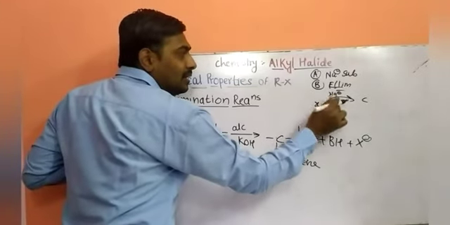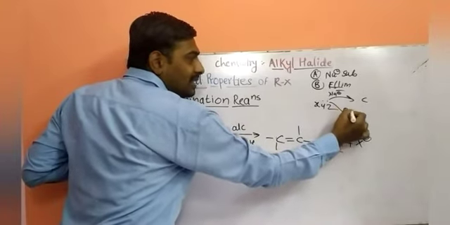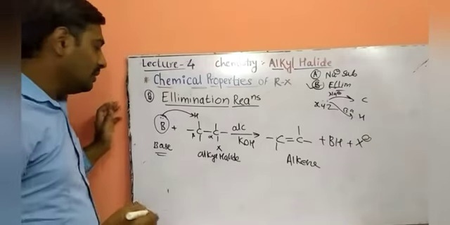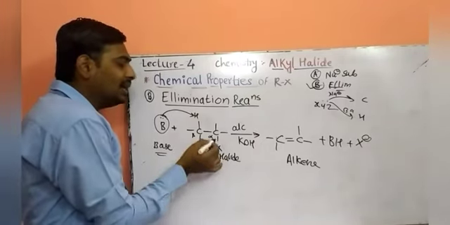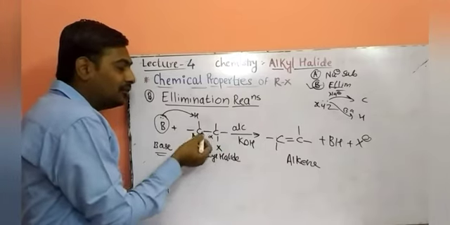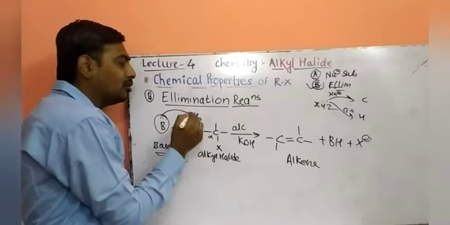When that system gives a lone pair of electrons to the hydrogen, it acts as a basic system. Instead of substitution, it gives an elimination type of reaction. So we'll discuss elimination first. See, this is an alkyl halide. The alkyl halide-containing carbon is called the alpha carbon. The neighboring carbon is called the beta carbon. Beta carbon hydrogens are called beta hydrogens.